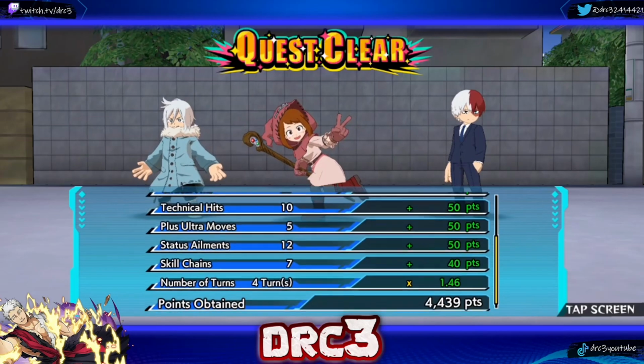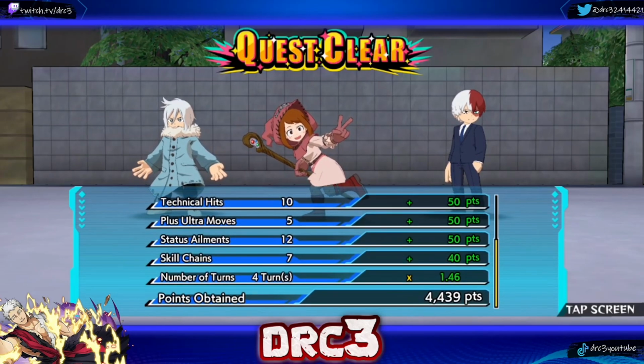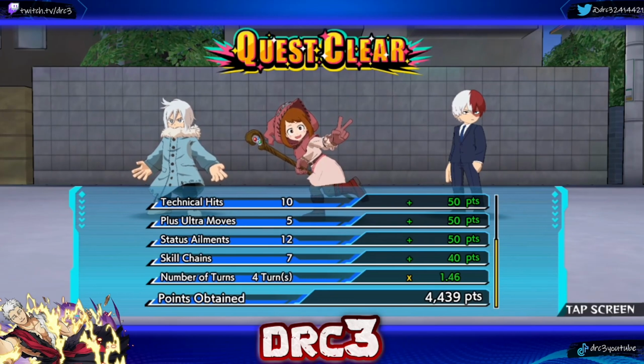We got 5 plus ultra moves. You need all 5 once again. Each one's worth 10 points. We got 12 status elements. You only need 5 status elements, so we went crazy on the status elements. And then we had 7 skill chain. Ideally, you need 10 to get 50 points, but I'll take the L on the 10 points on that to